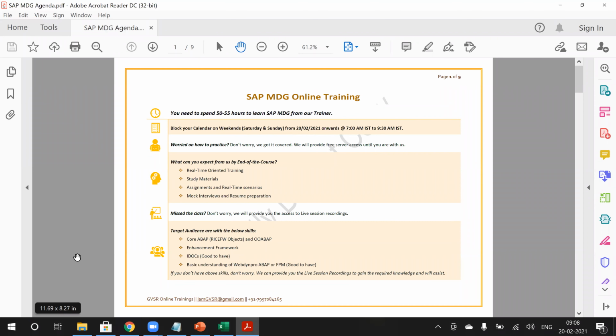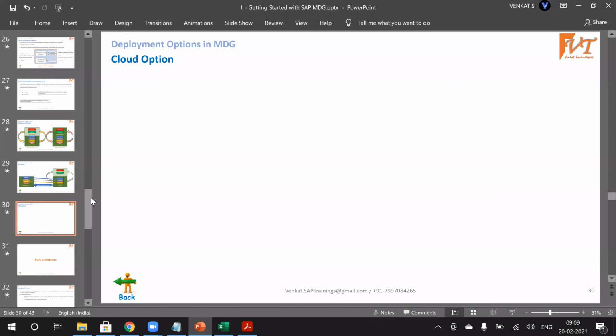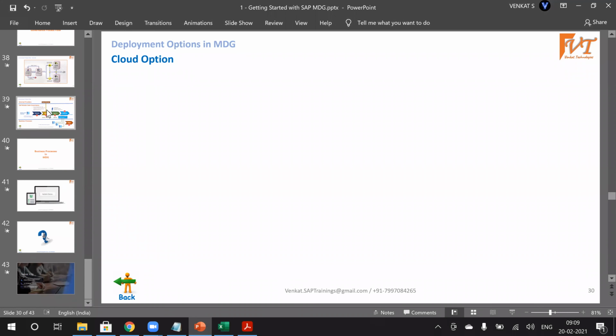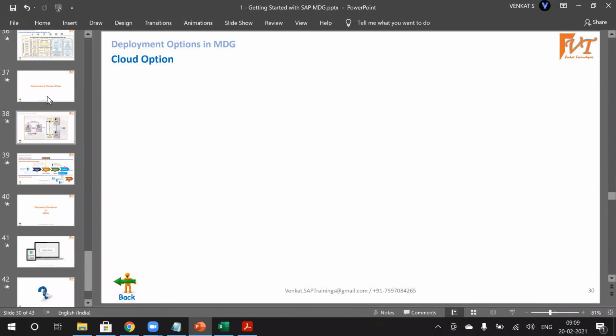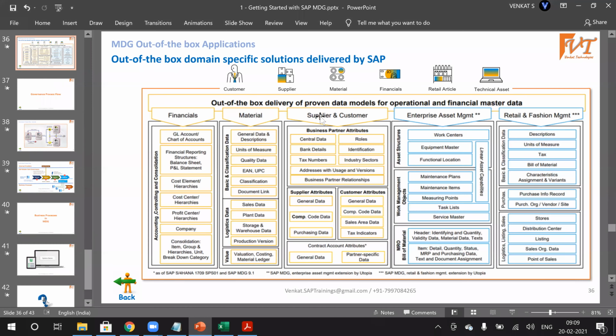Yeah, so if you take any master data for material or customer, the implementation approach will be the same. Only a few changes will be there. The only thing is you need to understand how that master data has been built. So these are the various master data available. Material has these many data items and finance has these data items. Supplier, customer, all these are different.